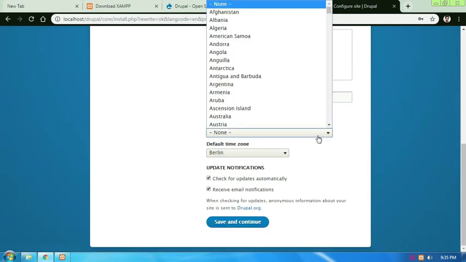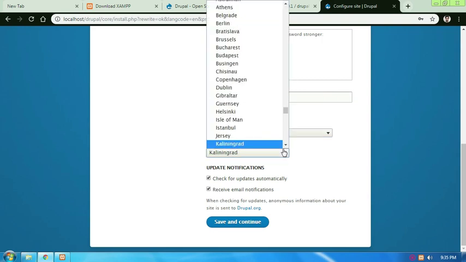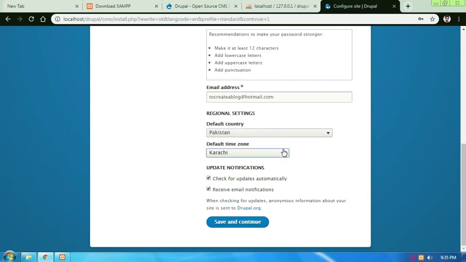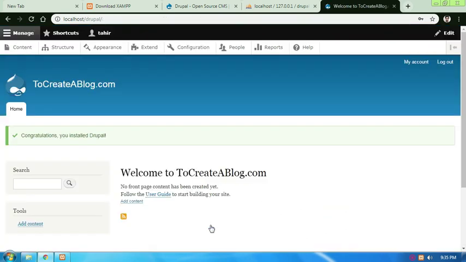You can also select default country and time zone. This is a local site, so I am going to uncheck these options and now click save and continue. Our installation has been completed. Now you can see this message: congratulations, you installed Drupal.